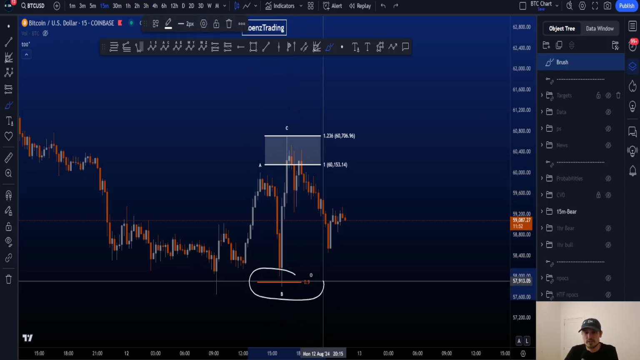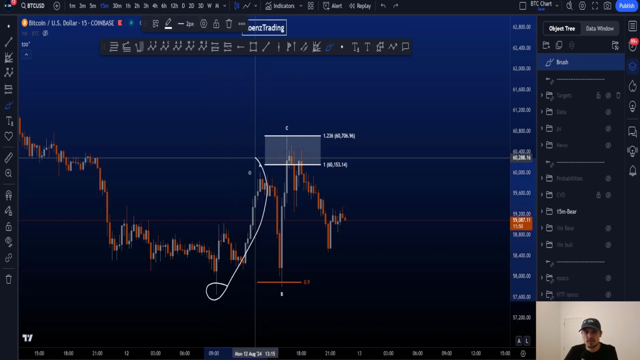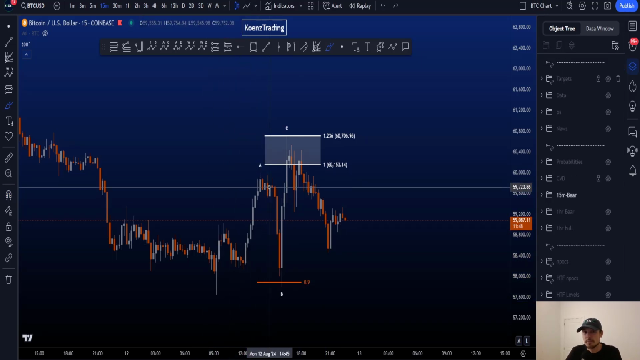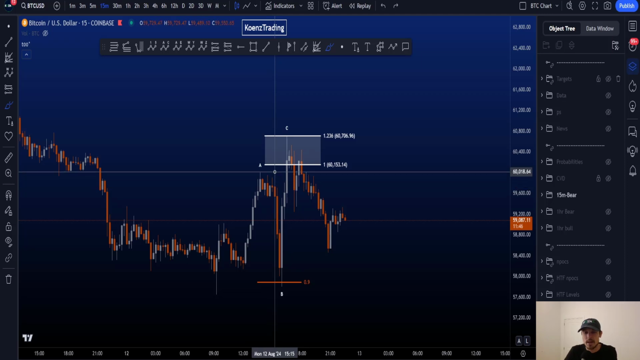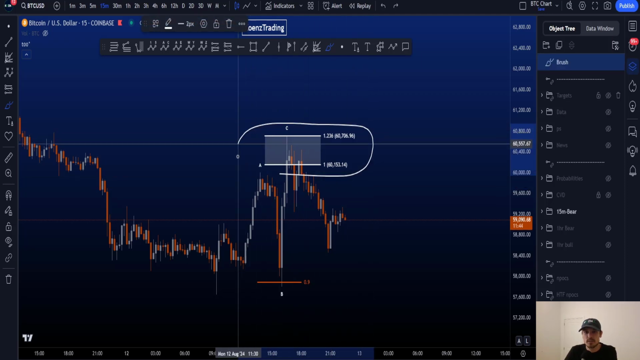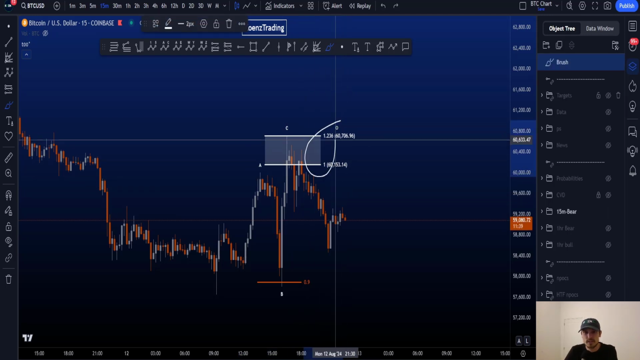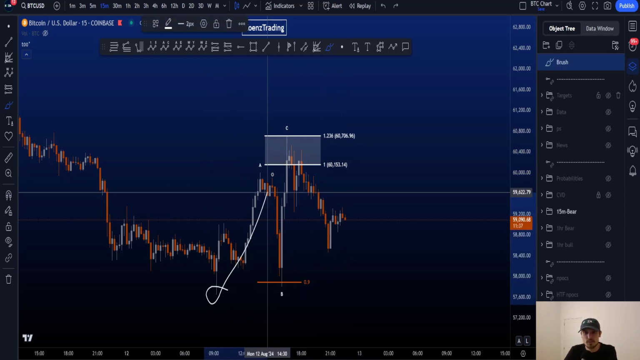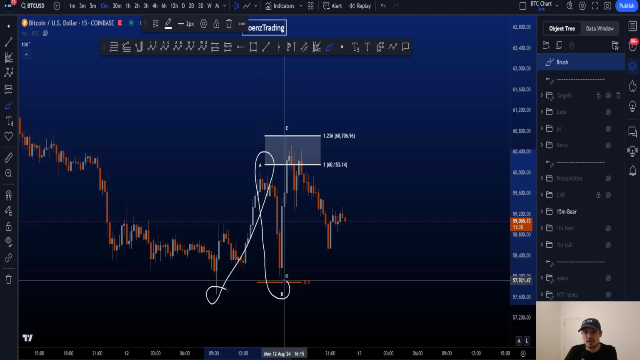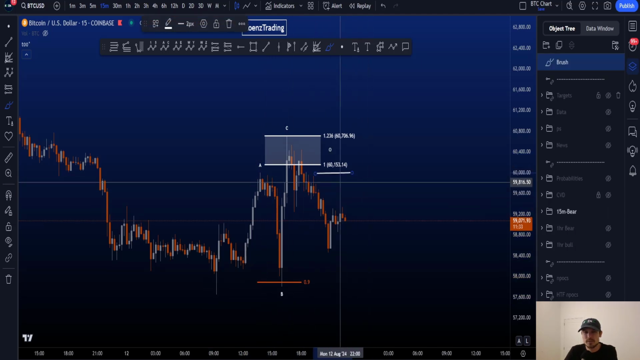Also B touching the 0.9 Fibonacci taken from the start to the end of A, which is a minimum target for a B in a flat. And then the common target area for C in a regular flat is the 1 to the 1.236 trend-based fib extension taken from the start to the end of A to the end of B, giving you a target between